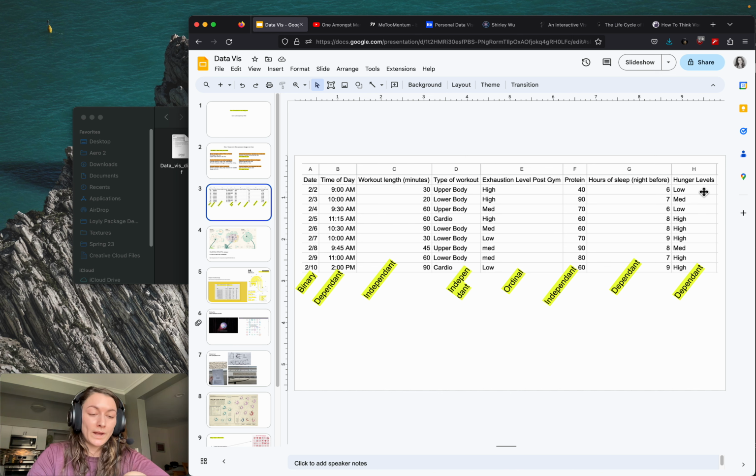You could also do weight or measurements, whatever, just kind of going with the gym theme. So, how does my sleep change dependent on the rest of this data? And how does my hunger change on the rest of this data? So,